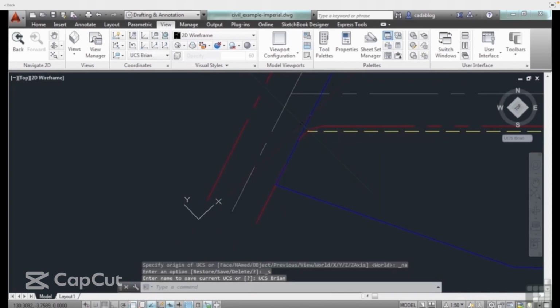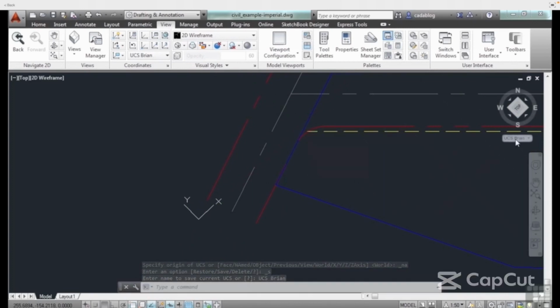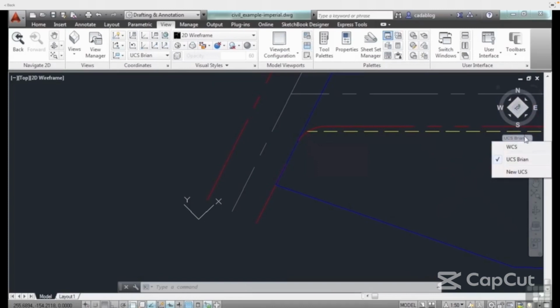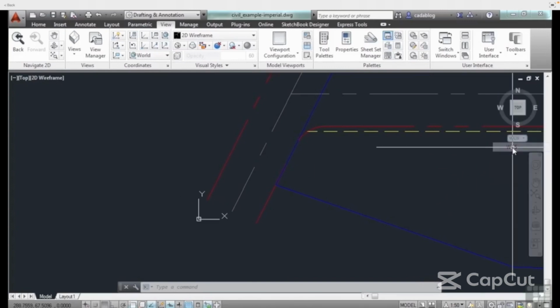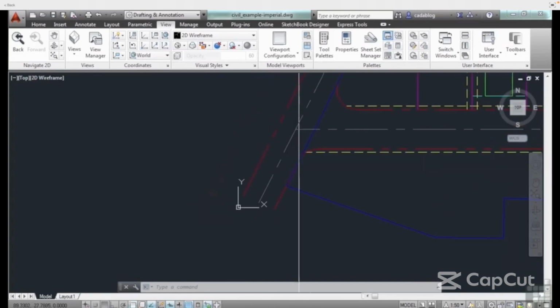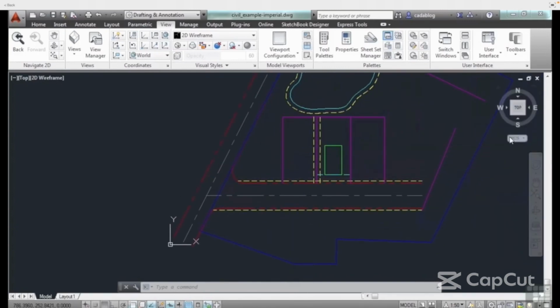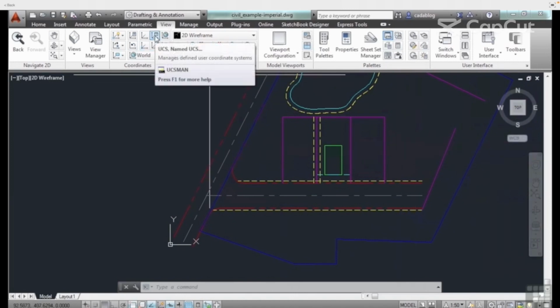Give it whatever name you want. Now your UCS is going to be saved over here. This is the view cube. It's another way to navigate inside your drawing. You can click over here, make a new UCS, go to one that's saved, or go back to the world coordinate system. So as I'm working, and if I want to, I can go to my UCS,